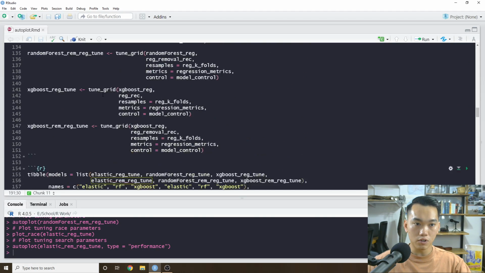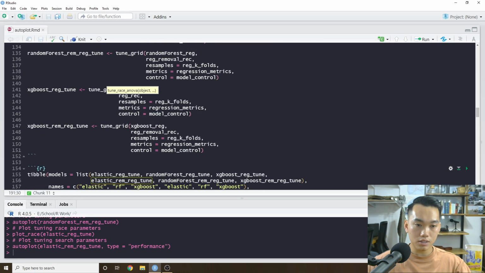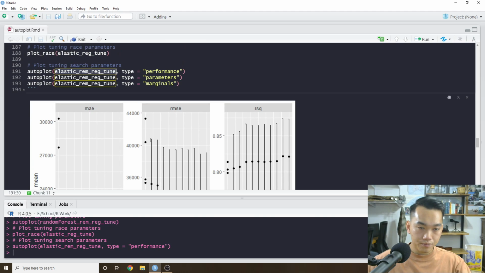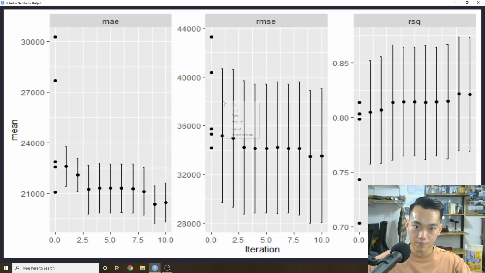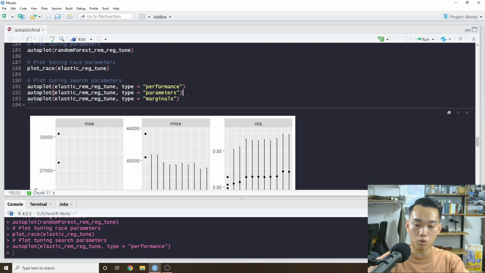So instead of using the race and nova or the regular grid, I'm using some Bayesian analysis, where it's basically kind of going through iterations and saying how much of an expected increase in performance I think. So we can see the iterations and where it's going. Go here and we see how with more iterations it's decreasing our mean absolute error, root mean squared error. So we might want to consider running with more